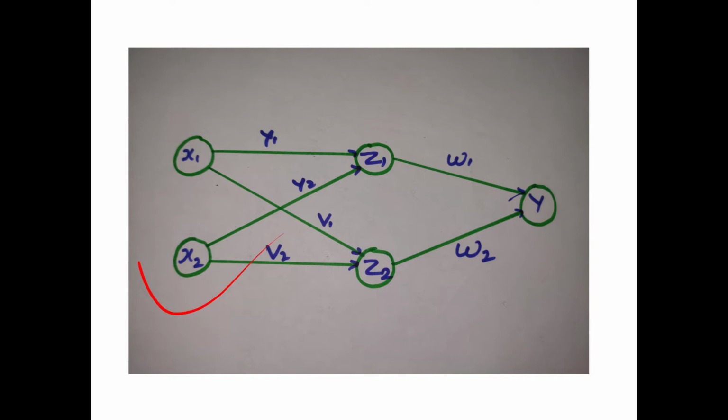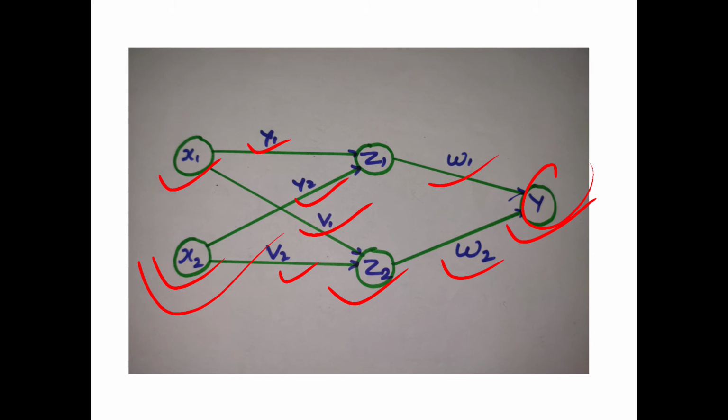You can see this is the figure for the XOR gate using the McCulloch-Pitts model of neuron. Here x1 and x2 are the input neurons, z1, z2 and y are also neurons. Here y is the output neuron from which we will get the output value. Here y1 and y2 are the weight values associated with x1, x2 and z1. Here v1 and v2 are the weights associated with x1, x2 and z2. w1 and w2 are the weight values associated with z1, z2 and the output y.